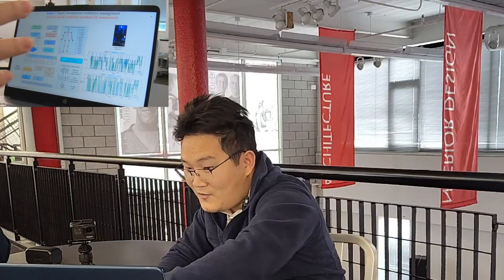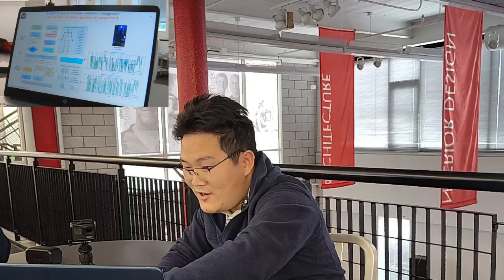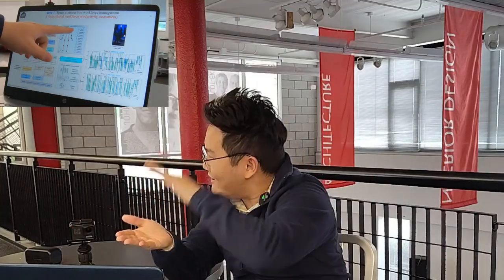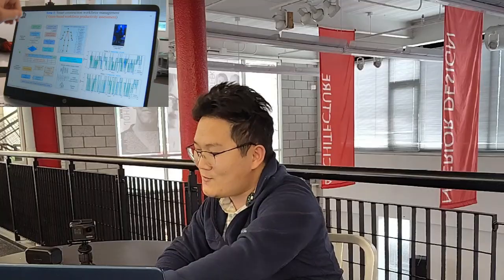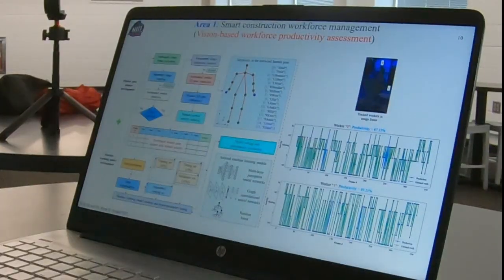For example, you can see the first one. And then one more thing, not only idling, another one is disappear. Just gone. It's just these two deducted by these two. So the first one actually didn't idle too much, but he was out of the view for a very long time. So here the productivity was 67.35. The second one is the truth.